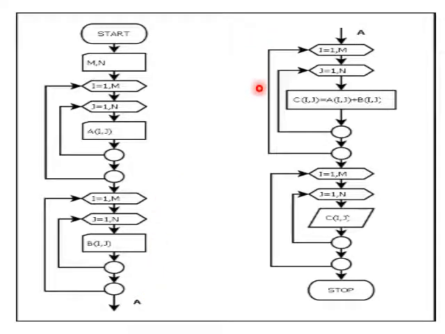The next step, step number 4, is calculating matrix C. So matrix C is calculated by using this step. Here again there are two do loops. The i or row subscript varies from 1 to n, the column subscript varies from 1 to n, and the general equation we have seen earlier: Cij is equal to Aij plus Bij. So using this equation and repeating the process for all the elements, we get the corresponding elements of matrix C. After we have calculated matrix C, we can display it using this part. Again there are two do loops, and then there is an output statement inside the do loops. So this way we get the addition of two matrices.